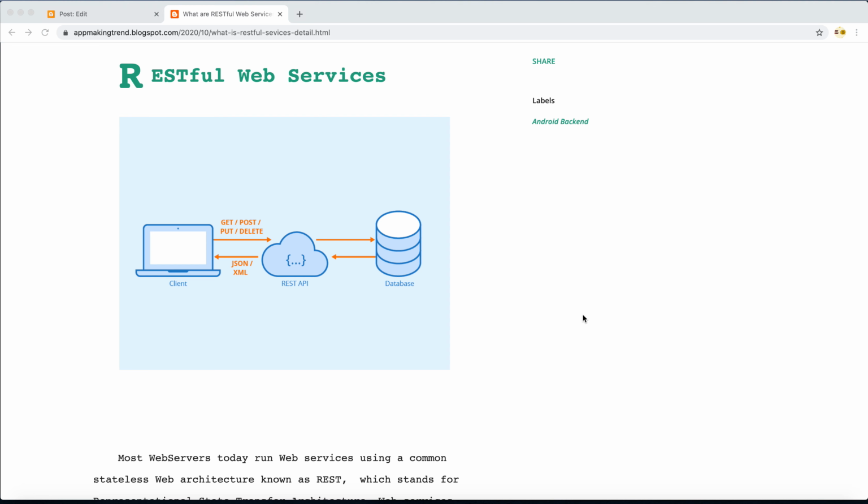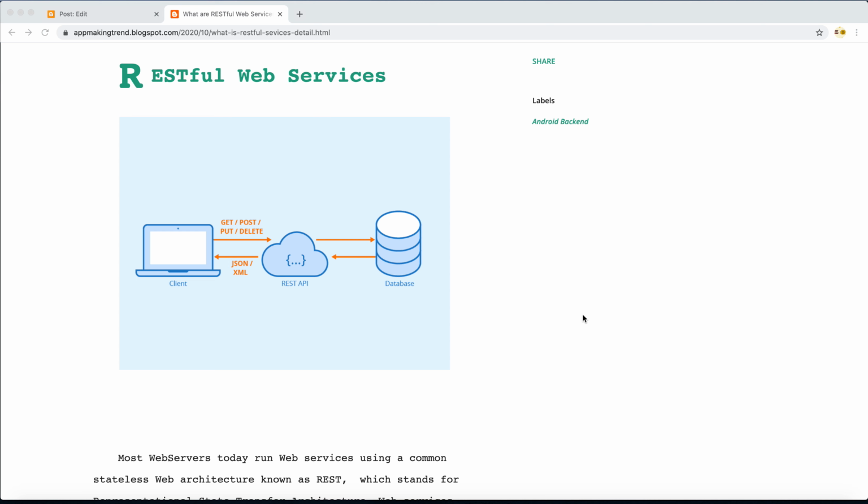Android tutorial, and today my topic of discussion will be RESTful web services. As you know, most modern Android applications, or even iOS and any mobile applications, use web services to get the required data from the web. So most particularly how these web services work and what the special characteristics of these web services are, I'm going to discuss